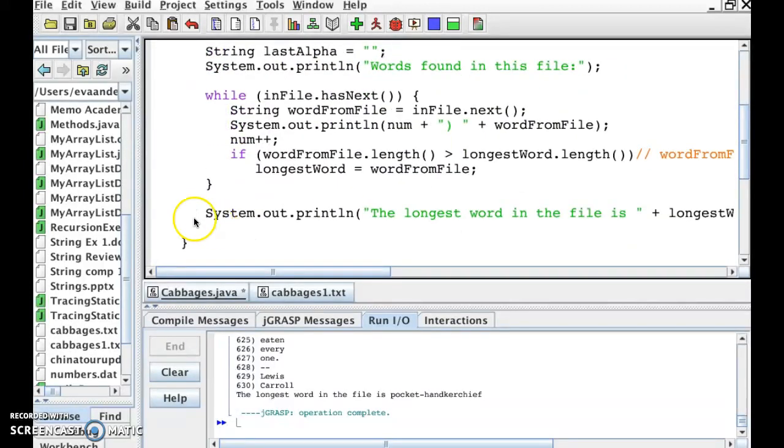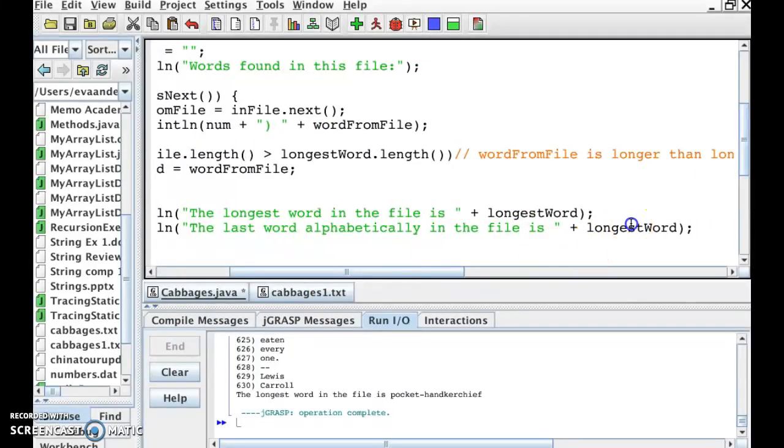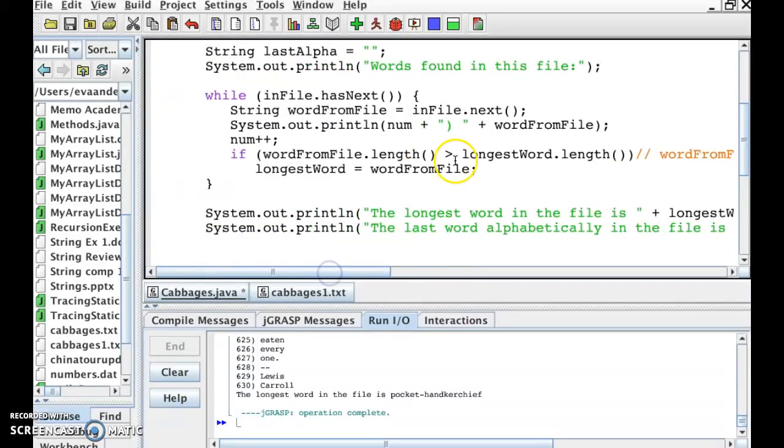So similarly, I'm going to print at the end the last word alphabetically, and now this is stored in last alpha. So now I have the variable set up, I'm printing it at the end. The job now is to also